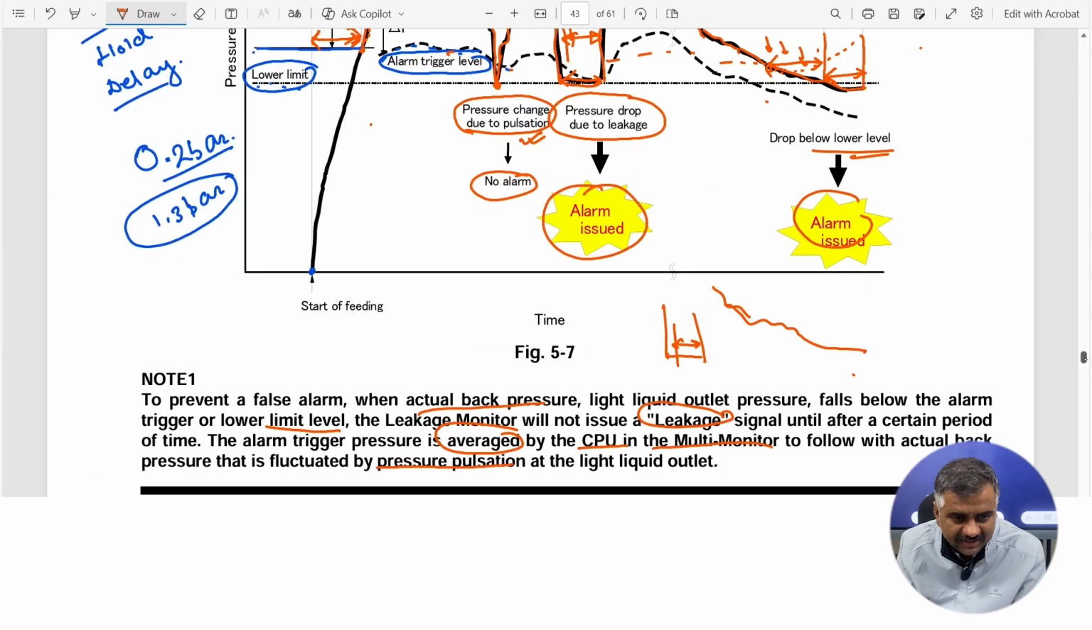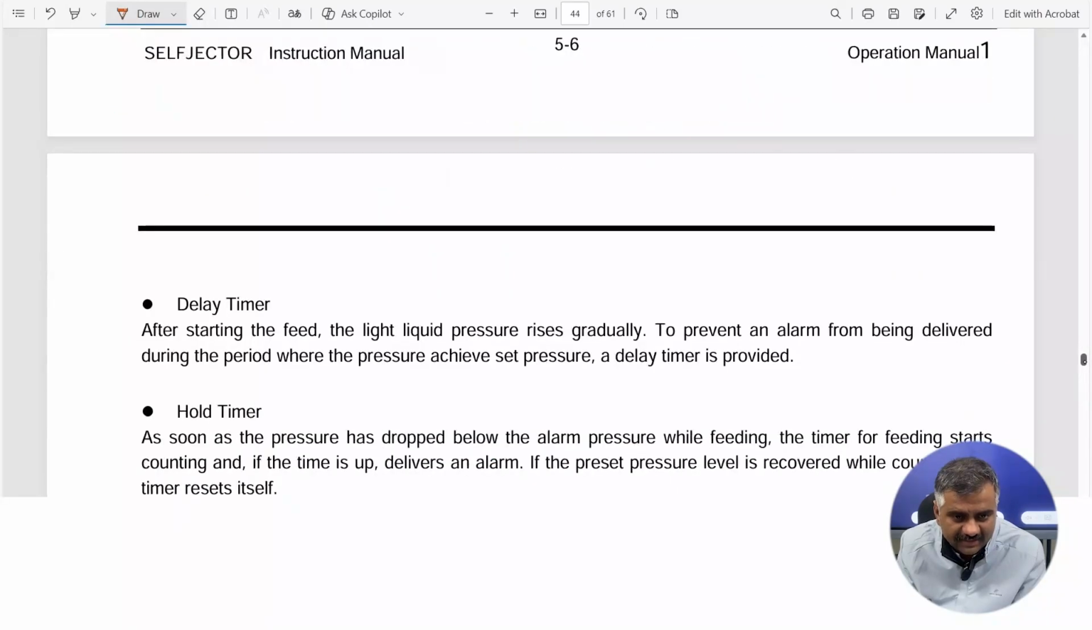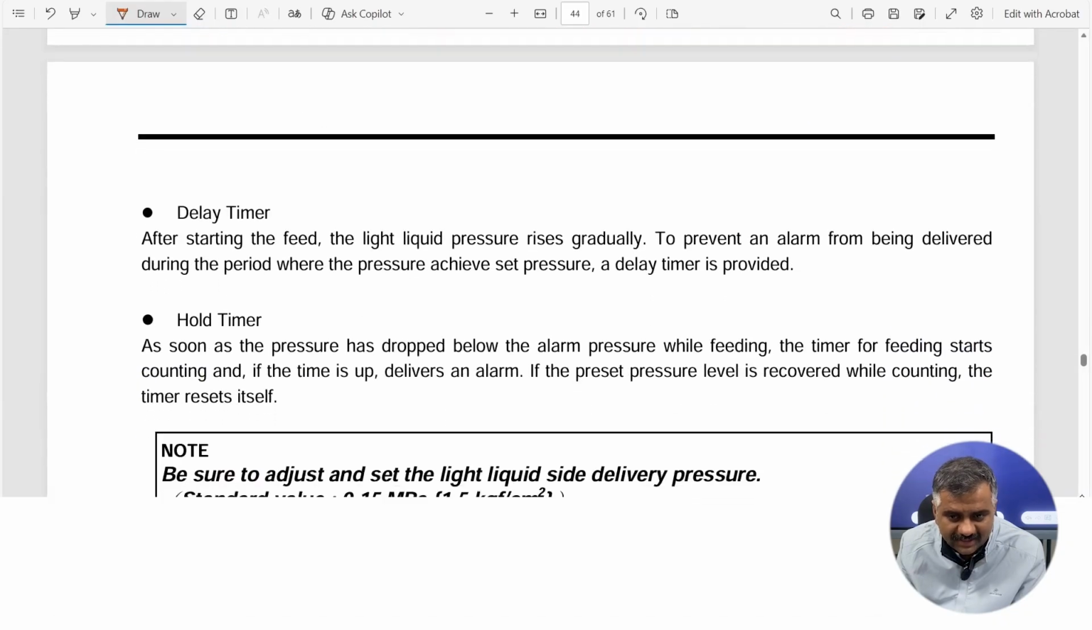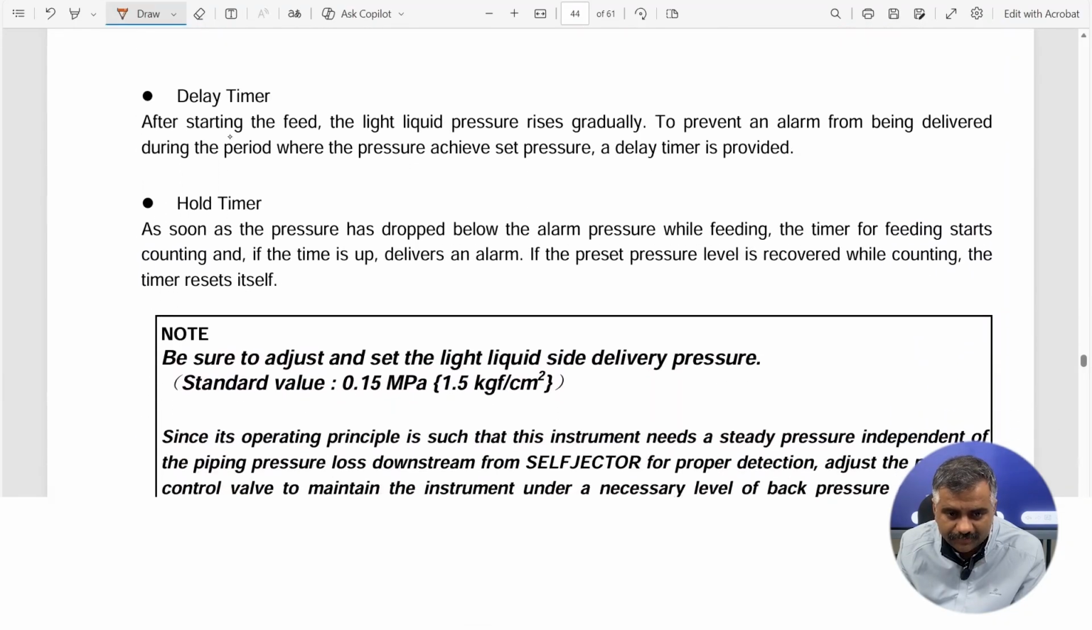In case the purifier is starting, we have a delay timer. At the starting of the feed, light liquid pressure is very less, so at that time the delay timer prevents the alarm from taking place. Hold timer: if the pressure is dropped below the alarm pressure while feeding, the timer for feeding starts counting, and if the time is up, the alarm is delivered. So while running also this timer is activated, and during the running if there is any drop in pressure, then